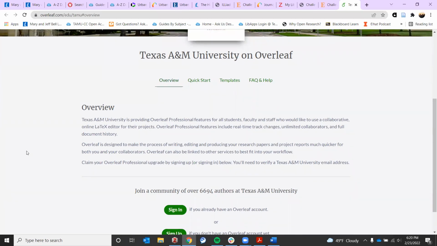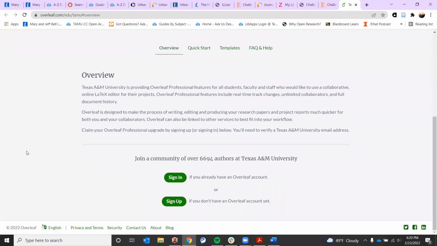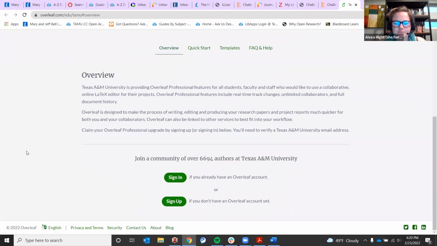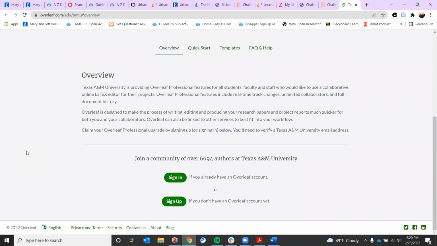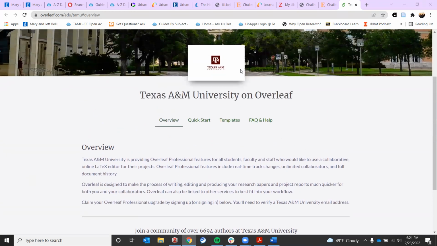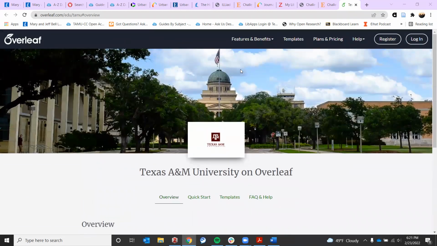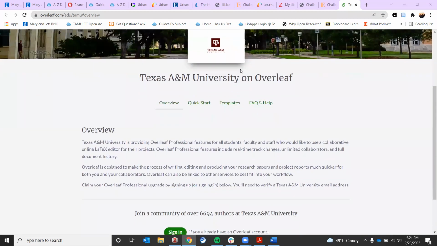There is a free version, which everybody can get, but for the College Station campus, if you add your College Station email, you can get the pro features. So my question is, one, do we have this? And if we don't, is there a way to get these pro features for TAMUCC? I don't know who manages this.